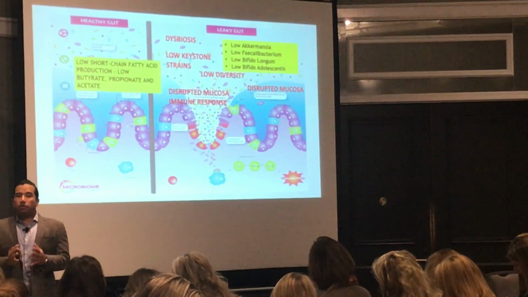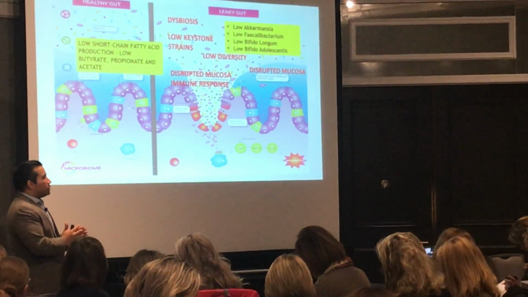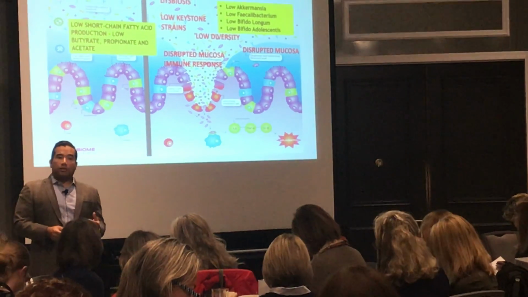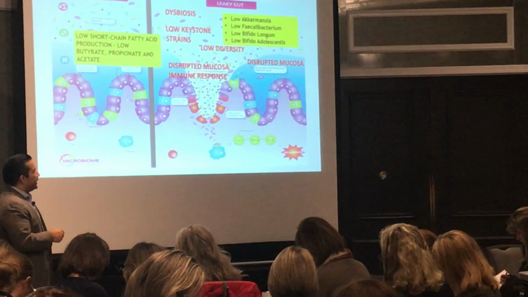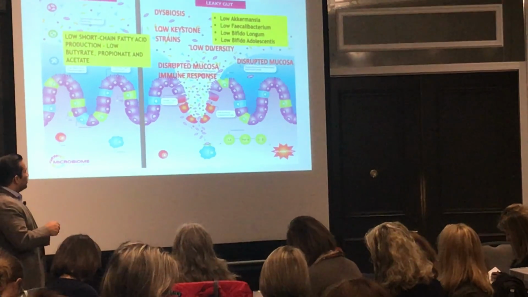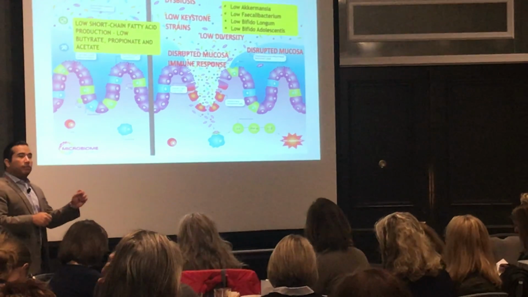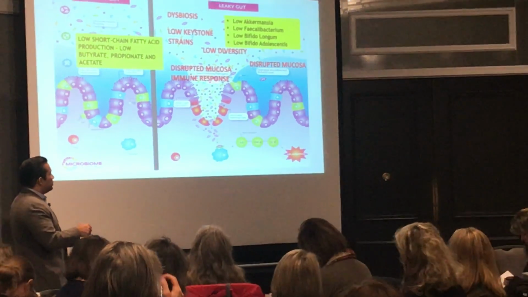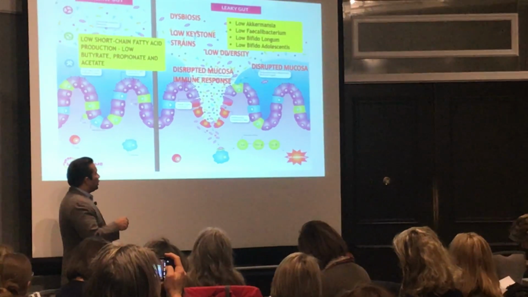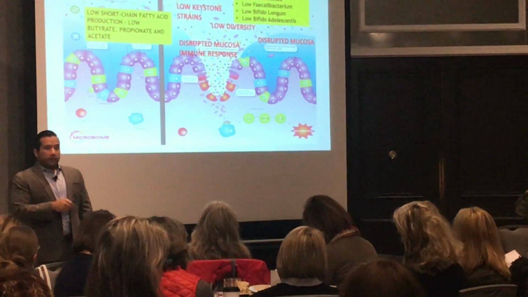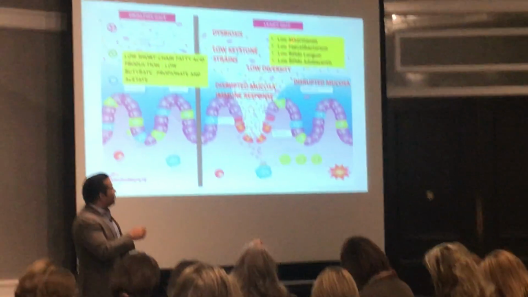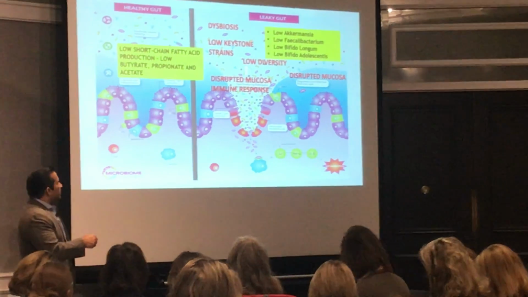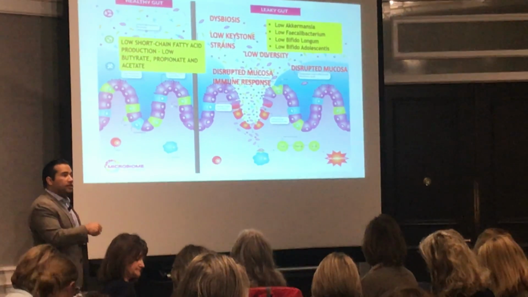So the mucosal immune response is supposed to be an immune response of tolerance. If you've ever heard the word oral tolerance, right? Oral tolerance comes from mucosal sampling of antigens. So food particles and all that are sent in small amounts with signals on them, like the secretory IgA bound to them, into this inner part, and your immune cells learn not to attack them. The immune system up here and the microbiome up here is communicating to your immune cells on the inner part not to attack the stuff that they send through systematically.